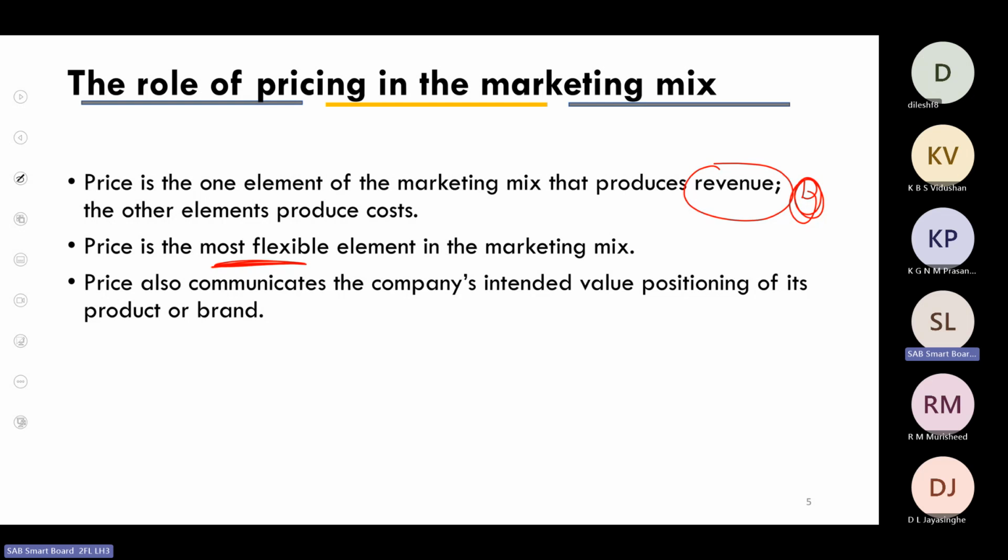But when it comes to price, that is not something like that. If you feel like changing the price, and if there are any rules or regulations that we adhere to, if we are within those rules or regulations, we can change the price as an organization. When our raw material cost is increasing, we can change the price by analyzing all those factors. We can easily change the price compared to the other elements in the marketing mix, right?